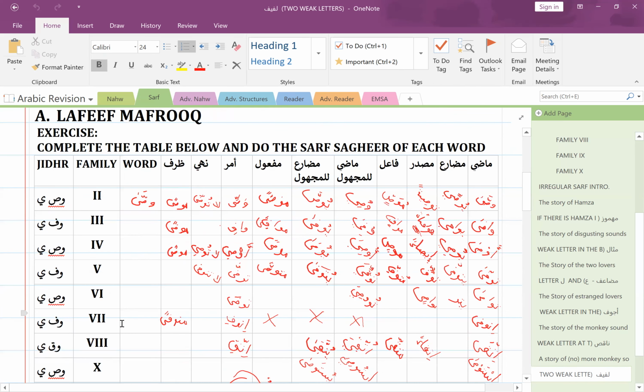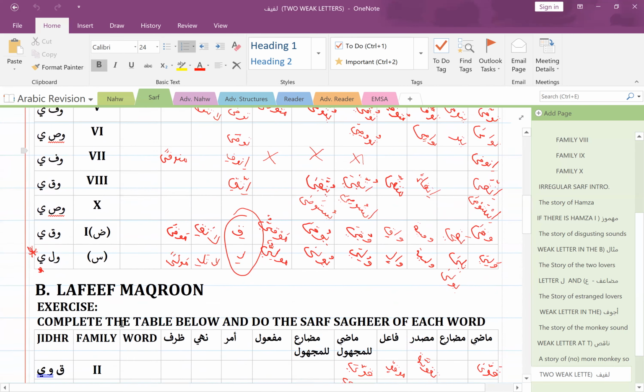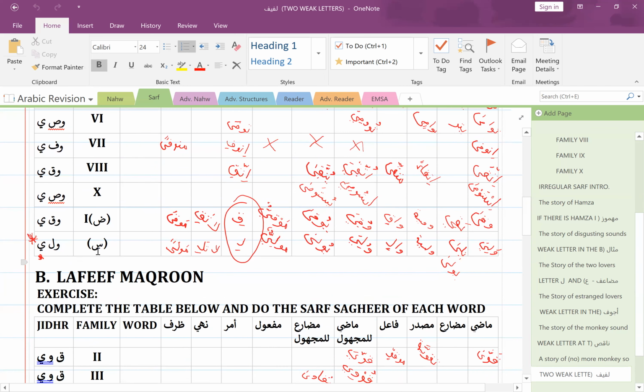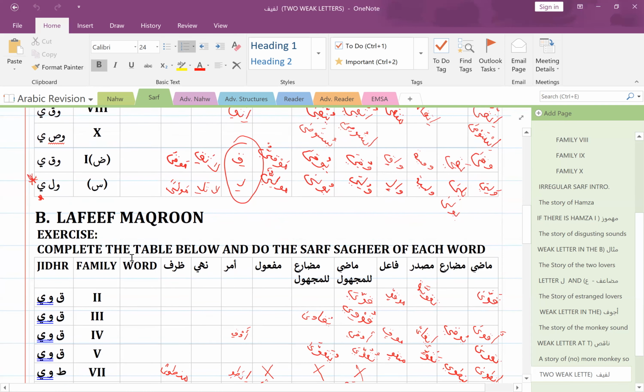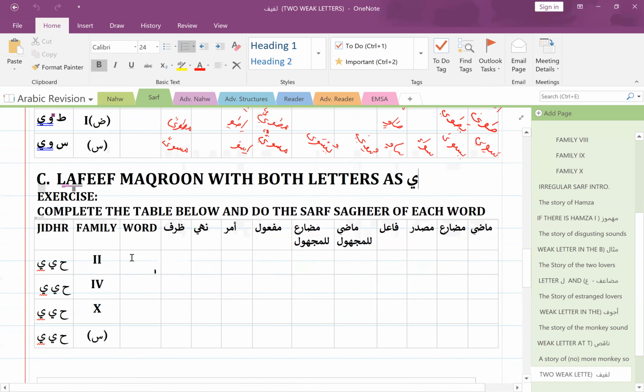And we did quite a bit of Sarf Saghir of the stuff. It was really good. I did see that in the textbook, they did say wala yali. So they didn't do yawla. They did yadi, which was interesting. So I will still have to confirm this one, because I don't know which family that would be. All right. So let's get into it.